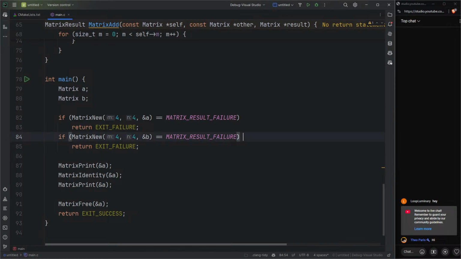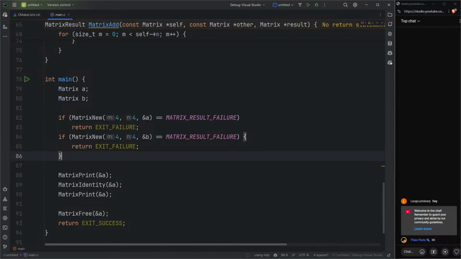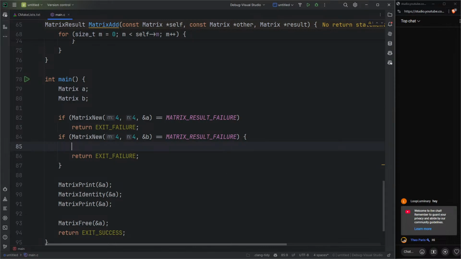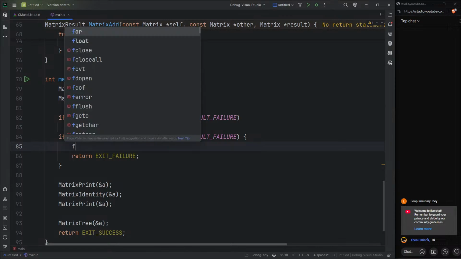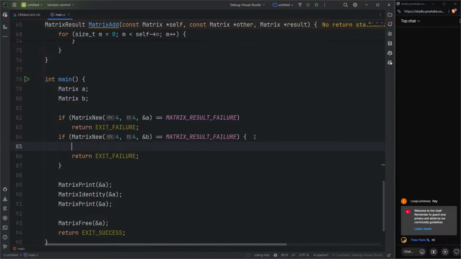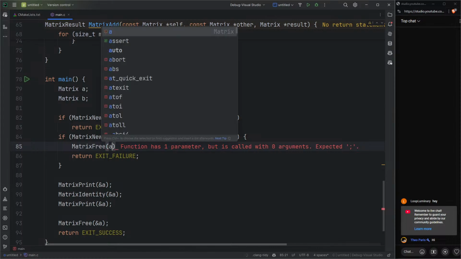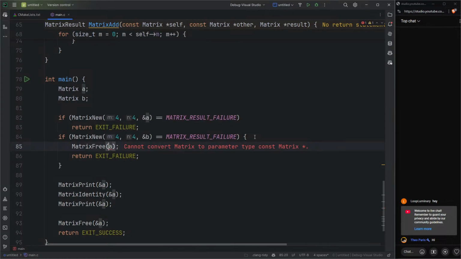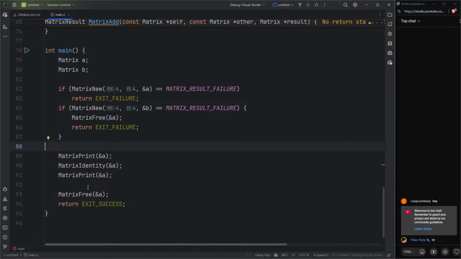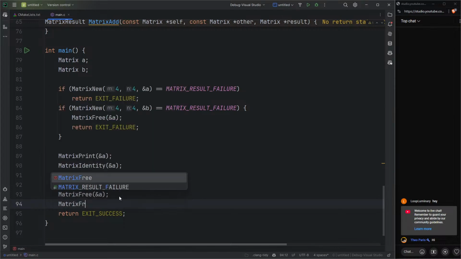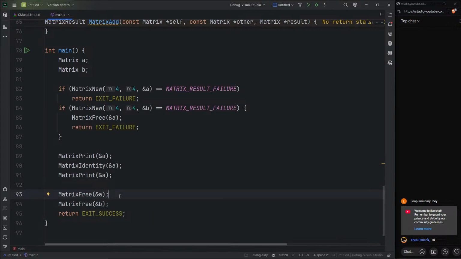To make sure you don't have any memory leaks here, what you would say is if the second matrix failed to allocate, then you have to free the first matrix before you exit. So you gotta say matrix free A here. There we go. And finally, you got to make sure to free the other one here too, at the end of it. And there we go. So yeah,